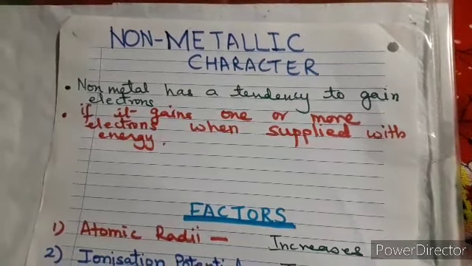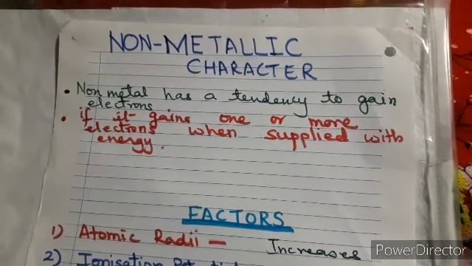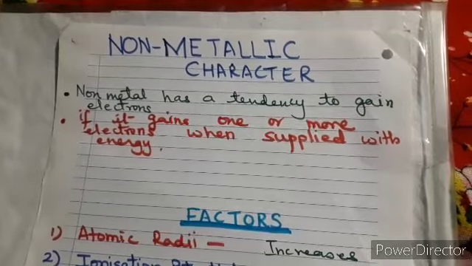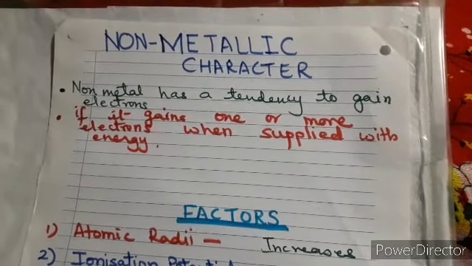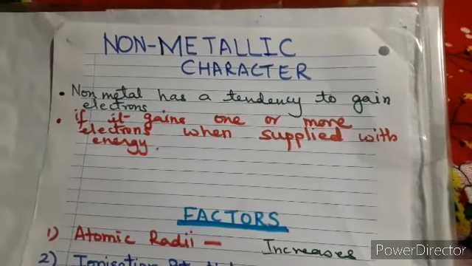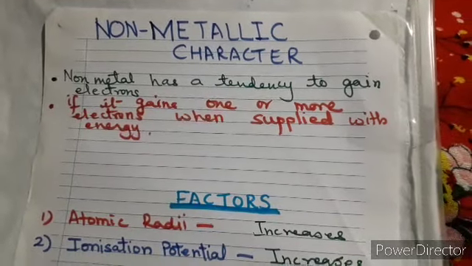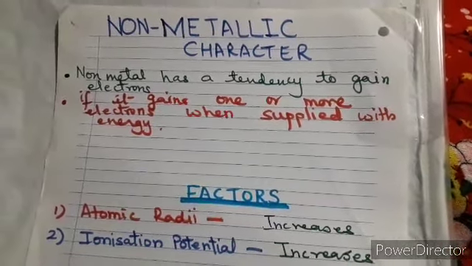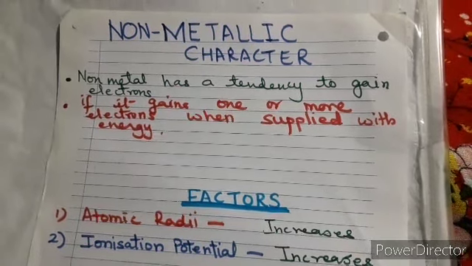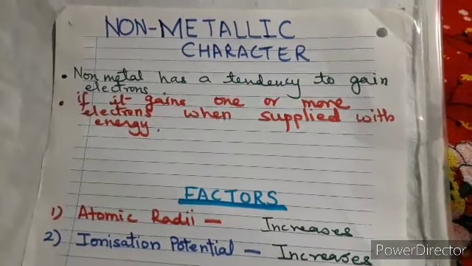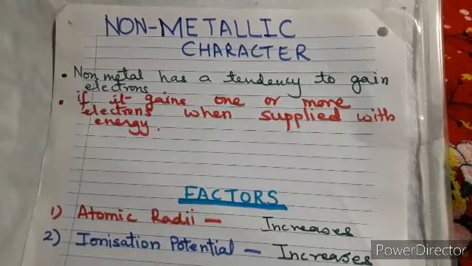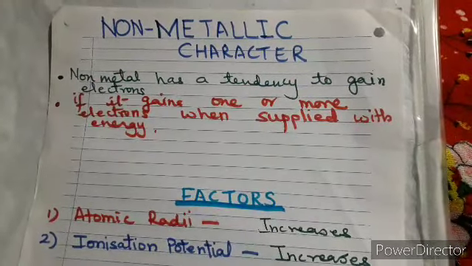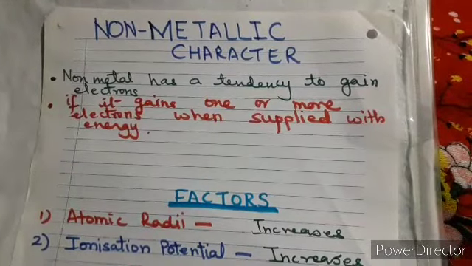Right now you have to understand how many electrons a particular non-metal atom can gain. Once again, it's the same as what we have learned in metals. They also gain one or more electrons. Now how many? In your previous classes you have seen that they gain 1, 2 or 3 electrons in their outermost orbits. In special cases they take 4 electrons also. So we'll see how this happens.